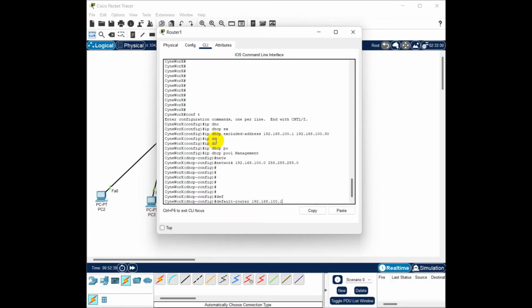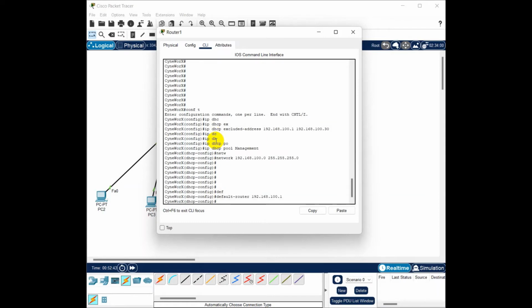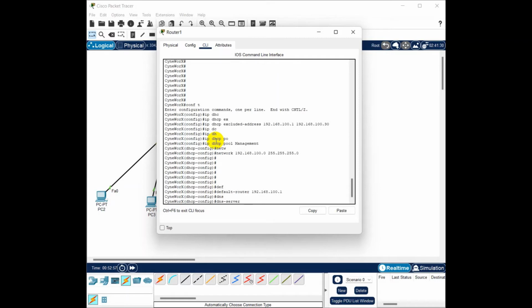That's the default router. So the DHCP server for this network will be this one, which is the IP address of this router on interface 0/0/0. Okay, and the next one we will do is the DNS server